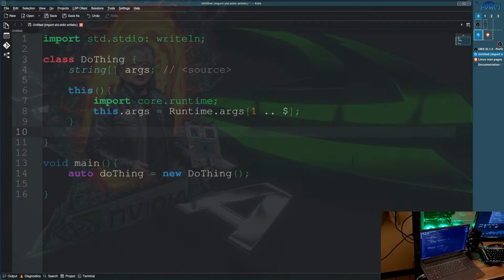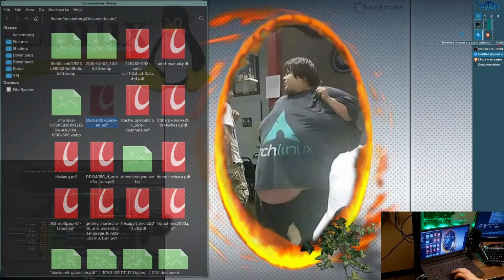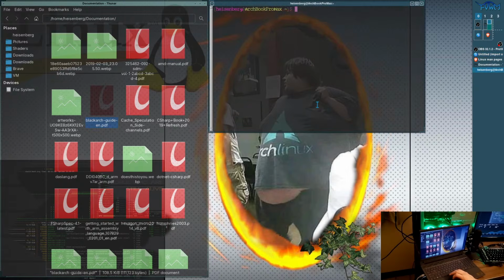Then we need to figure out if we can cat a PDF or stuff like that. See what we can do as far as how terminal tools can read that. So cat slash